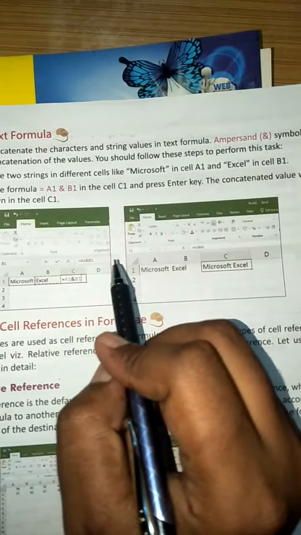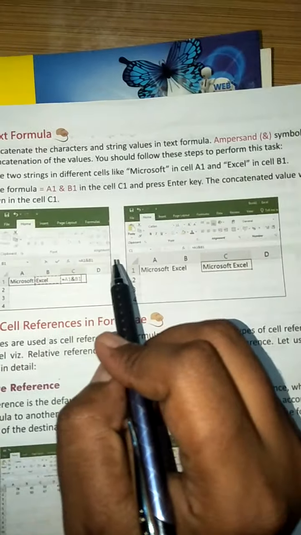Now, types of cell references in formulae. Cell addresses are used as cell references in formulae. There are three types of cell references used in Excel, namely relative reference, absolute reference, and mixed reference. Let us learn about them in detail.